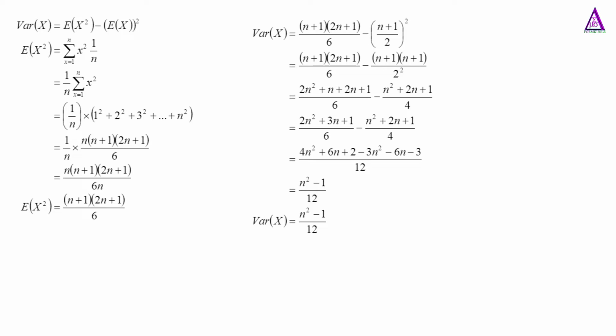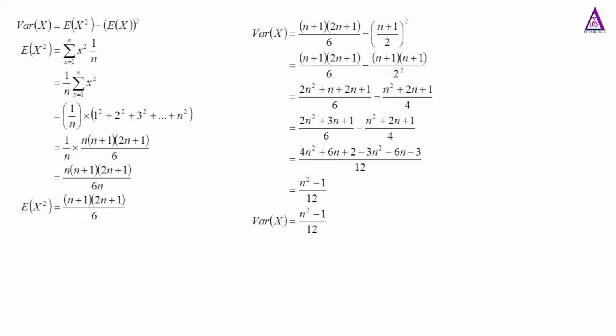So in the next equation, by multiplying 1 over n with the expansion of this, we have n(n plus 1)(2n plus 1) divided by 6n, and n cancels n. We have the expected value of x squared equal to (n plus 1)(2n plus 1), everything divided by 6. So variance, now variance of x equal to,